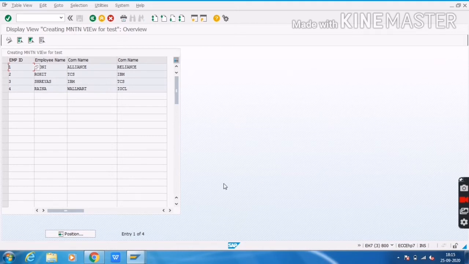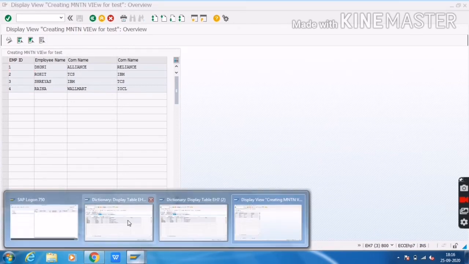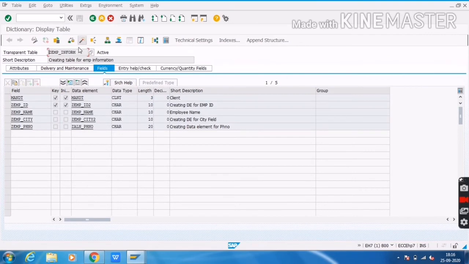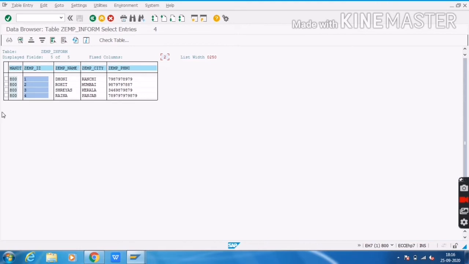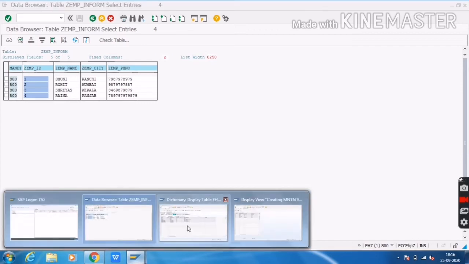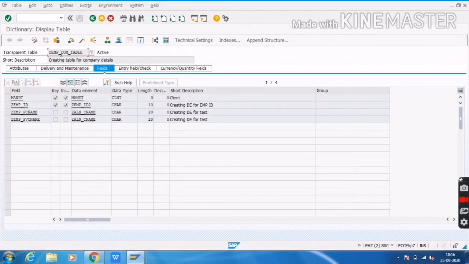Now I will show you data from the two tables. First of all I will go to the information table. I will click on F4, F8, and see, this is the information from the employee information table. Then I will go to the employee company table.